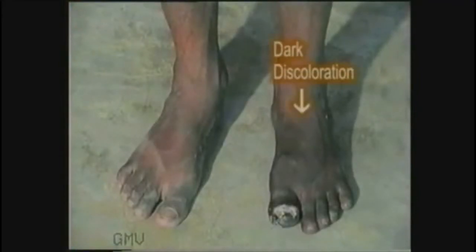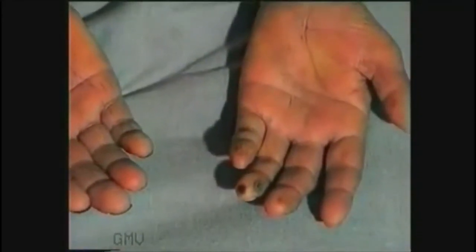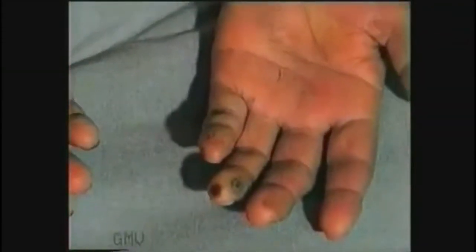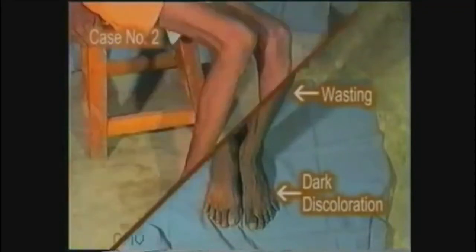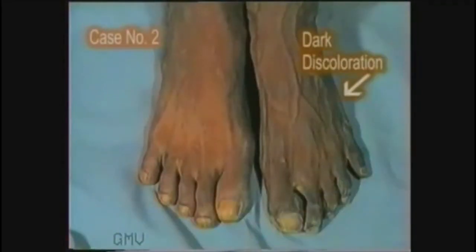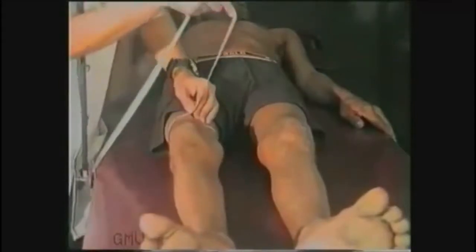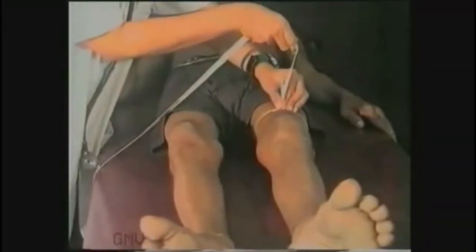As the blood supply becomes critically less, the distal parts of the fingers and toes become darker in color, and the tips of the fingers or toes may show ischemic or trophic ulcers. Once again, note the ischemic leg on the left side, which is darker than the normal right leg and has a wasted, shriveled up appearance. Now measure the limb girth with a measuring tape and compare it with the girth of the opposite limb at the same level to demonstrate and record limb wasting.